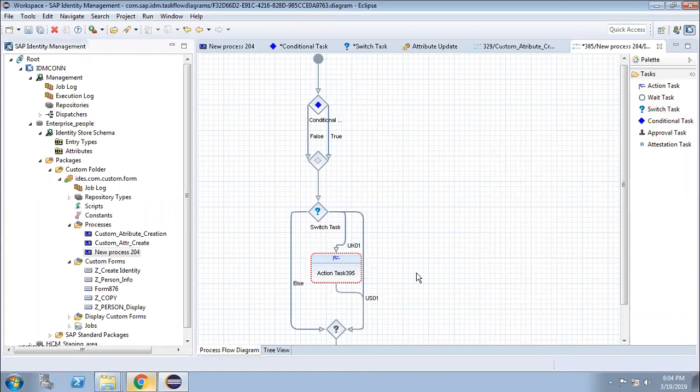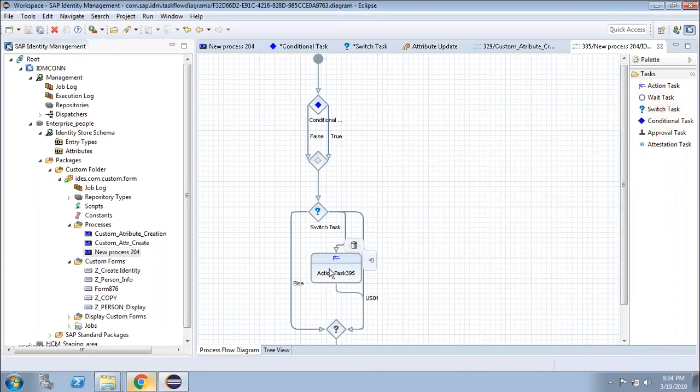But the ultimate update of attributes will be done through the action task. This part is clear?